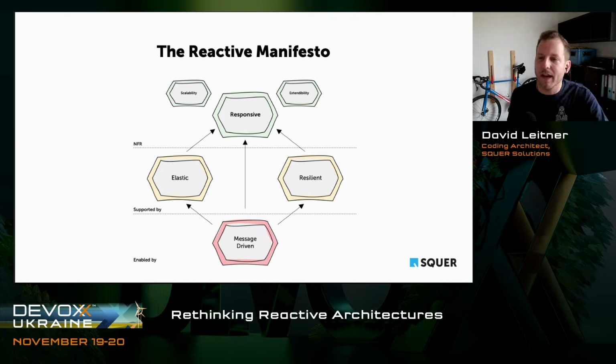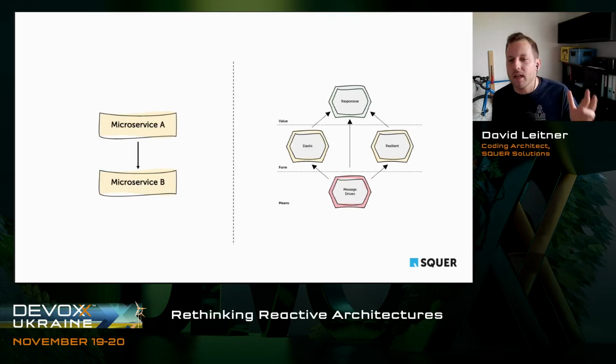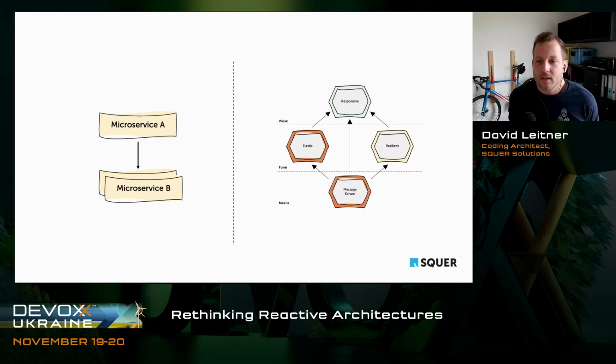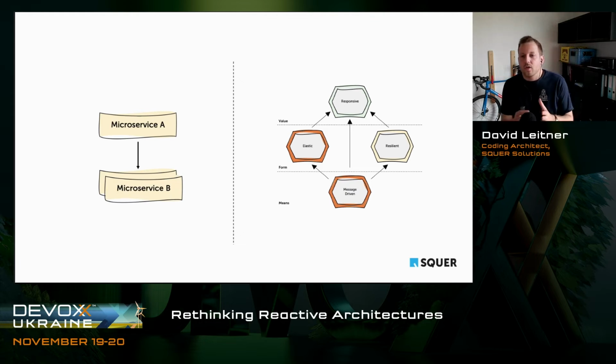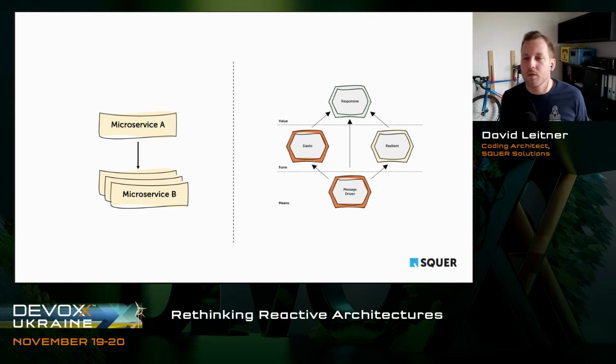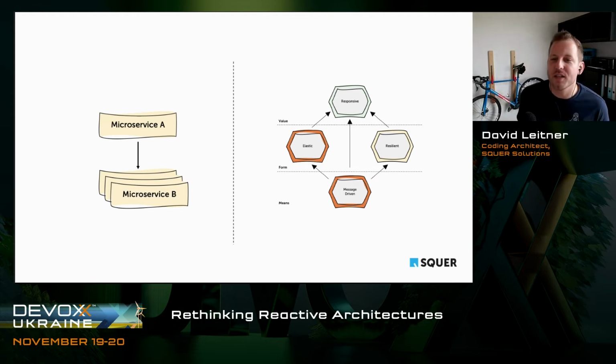How does message driven help us in being elastic? Well, let's take the simple example of microservice A talking to microservice B, right? Let's assume we have a very high load on microservice A, and correspondingly also, of course, on microservice B. So we could then start to scale out our system, meaning, as I mentioned before, having multiple instances and not scaling up a single instance. That's what you usually do in a distributed system, right? And now you have this problem: microservice A needs to talk to one of those instances of microservice B.